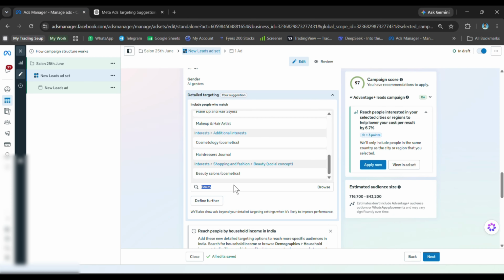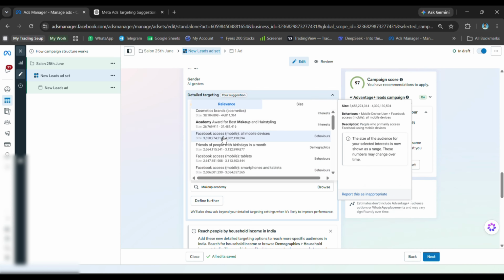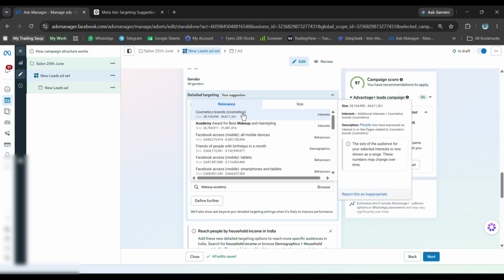Let me check this one. Is this available? Academy based makeup and hair, award for best makeup and hairstyling. We can keep this. People who are interested in our niche, maybe